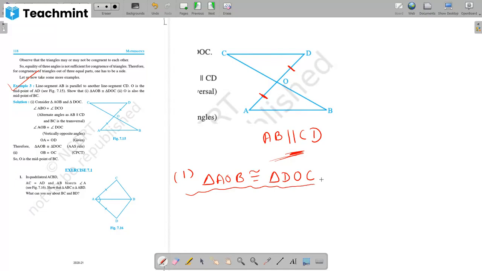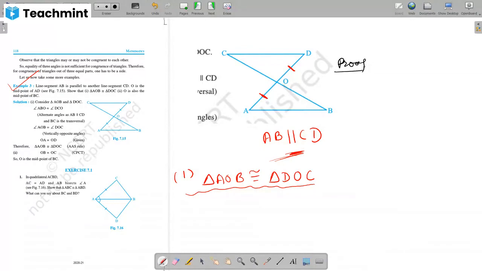Okay, so the best short trick is, there is a trick, not a short trick, there is a trick. Whichever triangles we have to prove congruent, we will consider these two triangles only. Okay, so now we have to prove that these two triangles are congruent, so we will consider these two triangles only. Okay, so in the proof, I am writing proof here.